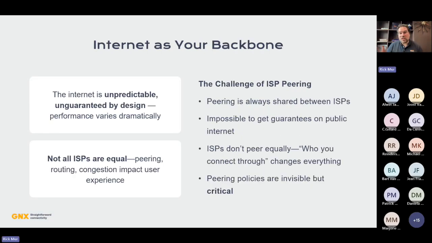So what's the challenge of using internet as your backbone? Like I said, MPLS was easy, right? It was a huge backbone. It was highly redundant. And now we're using the internet. Now, what are some of the contradictions for using internet as your backbone? Well, to start, the internet started out by design being unpredictable and unguaranteed. It started out, of course, as a research network where a lot of different universities came together to connect to each other. And that is how it continued.